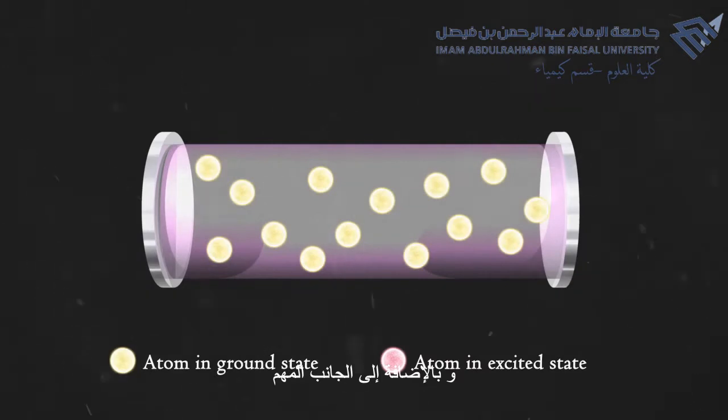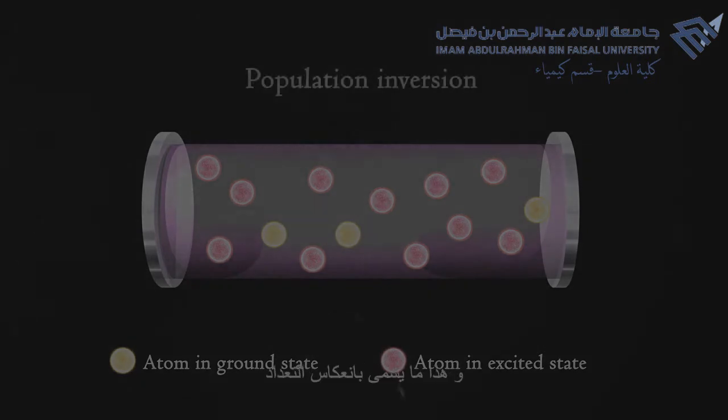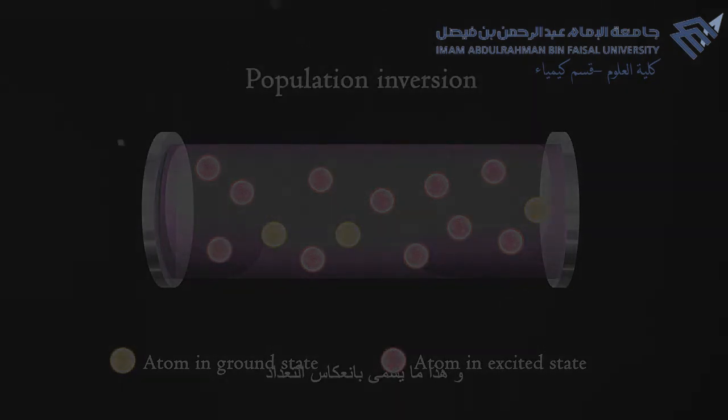A very important aspect is the fact that many atoms must be in an excited state. For a laser to work, more atoms must be in an excited state than in lower energy states. This is called population inversion. The semi-transparent mirror allows some of the laser energy to be